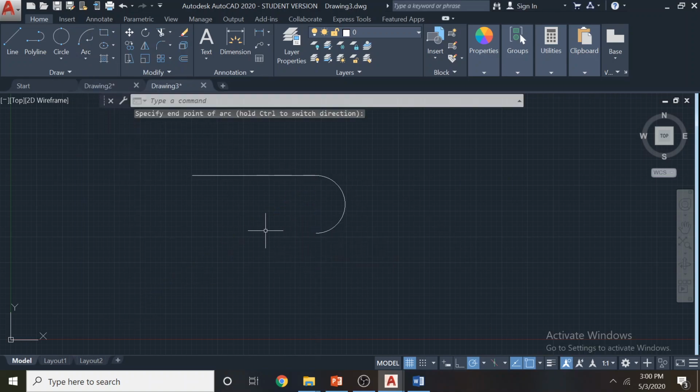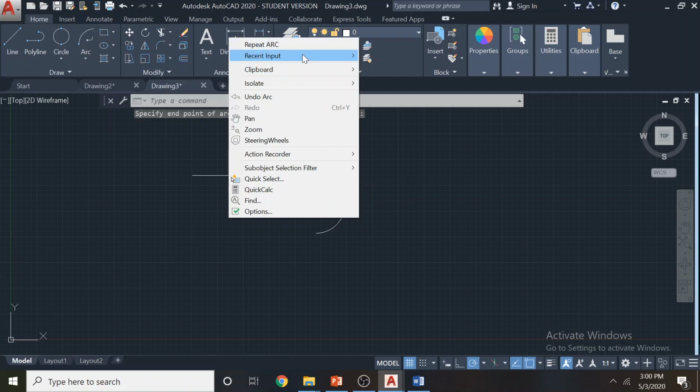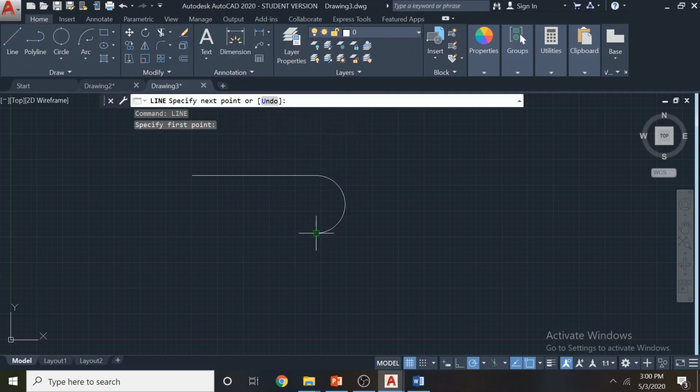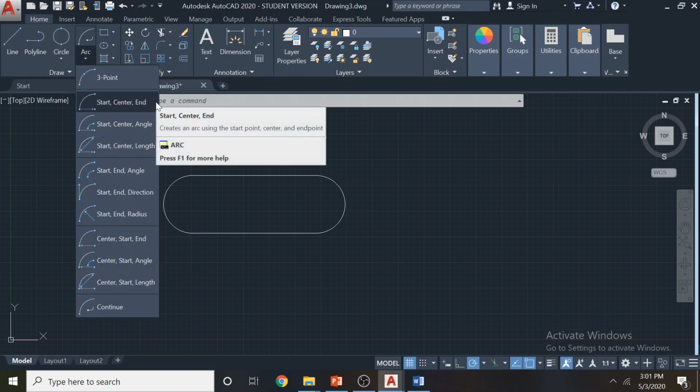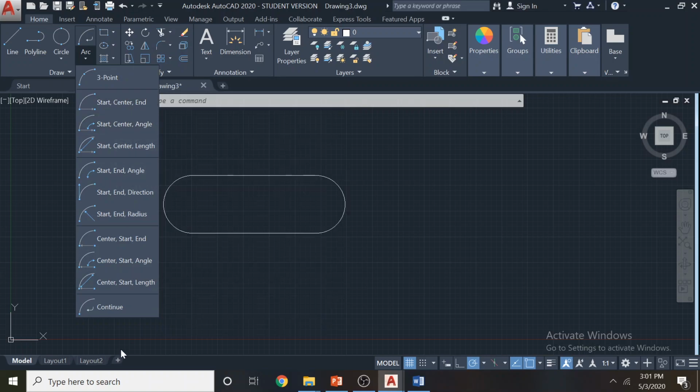We can go and draw a line again. I'm trying to draw a slot shape and continue. So I hope you understood all these methods. When we do tutorials, we may use these things, so you will get more familiarity.